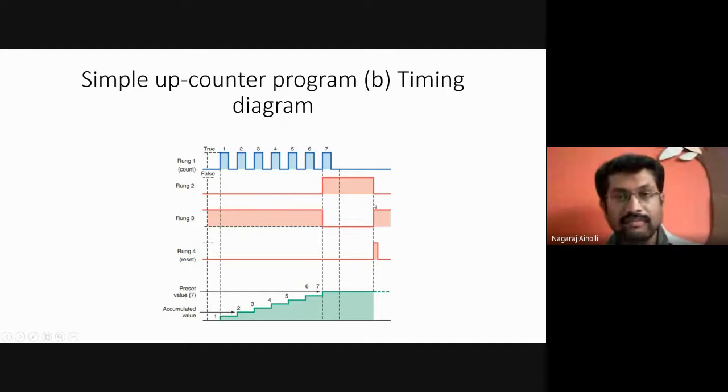So resetting means what, friends? Stopping all the activities. All the activities will be stopped. And what is the accumulated value? Accumulated value has become 7, and it will remain 7 up till the reset switch is pressed. Once the reset switch is pressed, accumulated value becomes from 7 to 0.